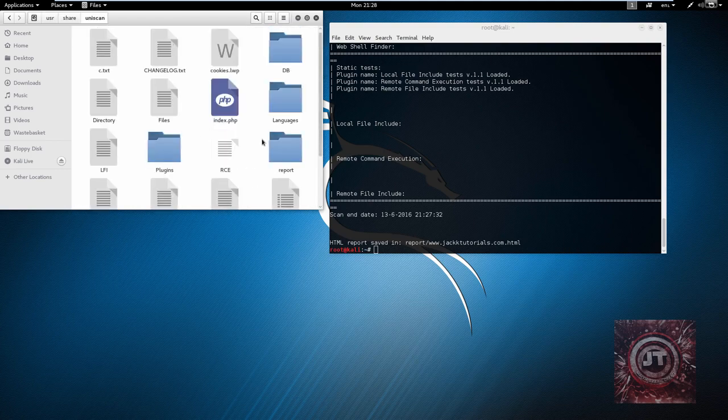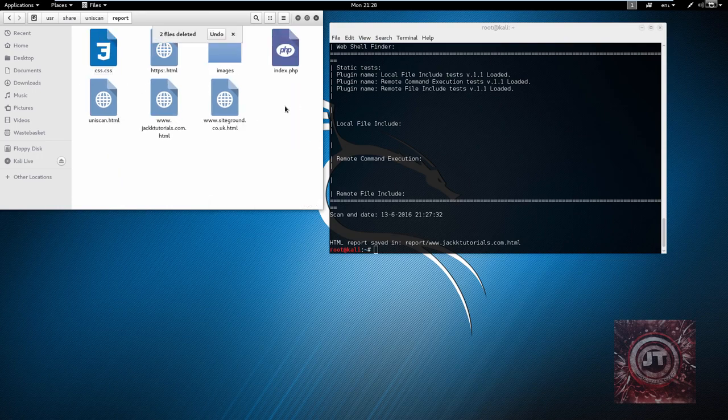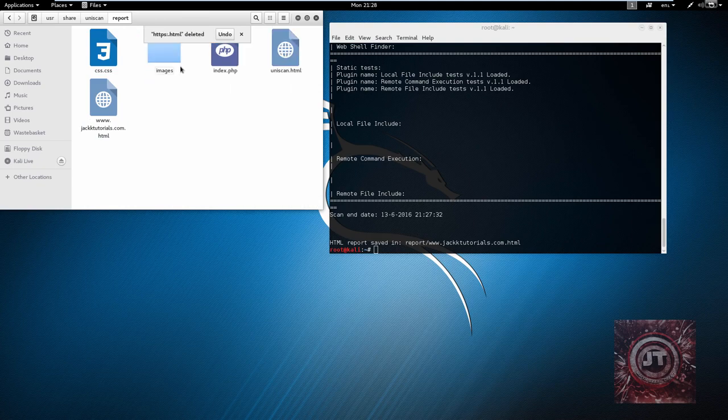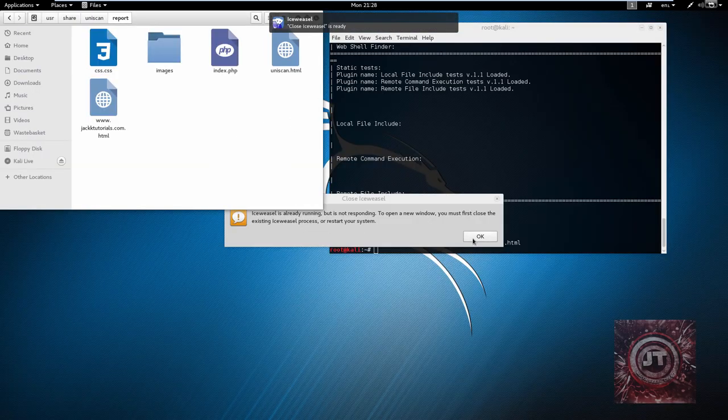and in here there will be a folder called report, and let's just delete these because we don't need them, and that one, we don't need that one either, and also delete this one. These are all the old ones, and do we need to delete this one? Yeah, we'll leave that one. Yeah, we can do that one as well. Okay, so just open up the